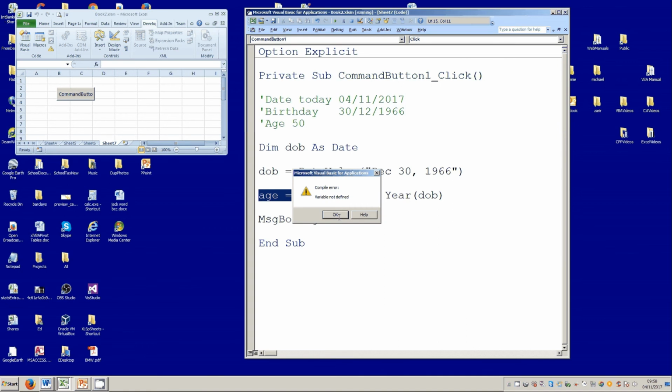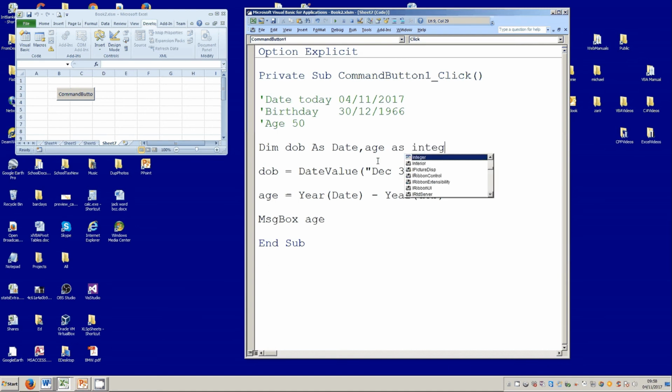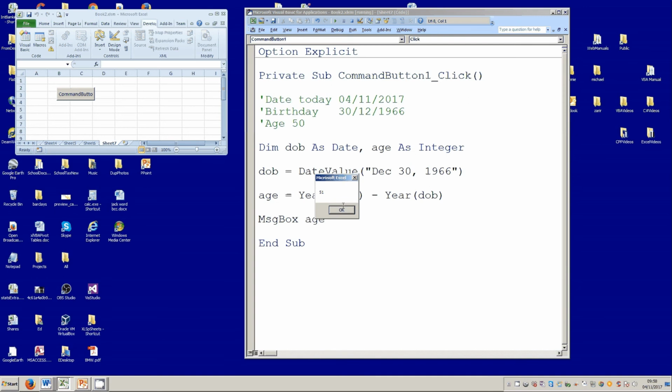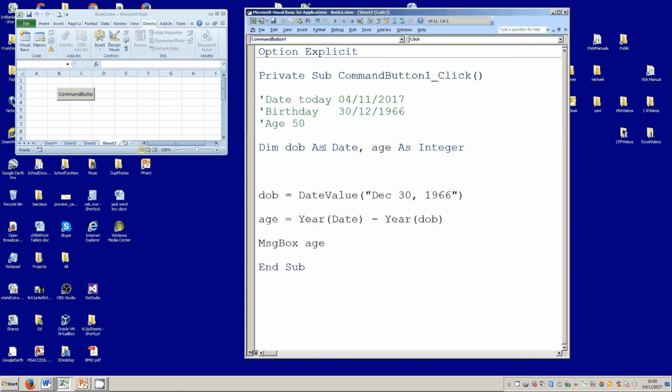So it's always a good idea to run things bit by bit because we haven't dimmed our variables. Okay, it gives an answer, but it's the wrong answer. So it looks like we need to construct the person's birthday